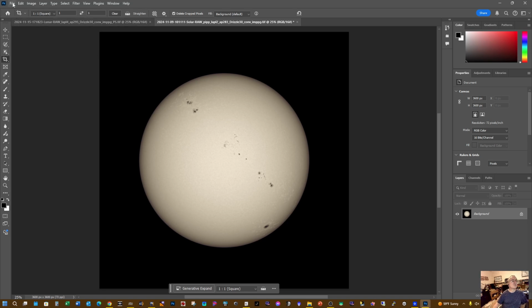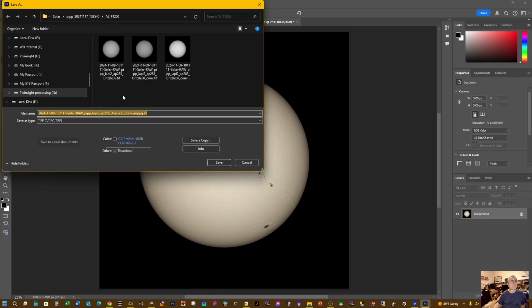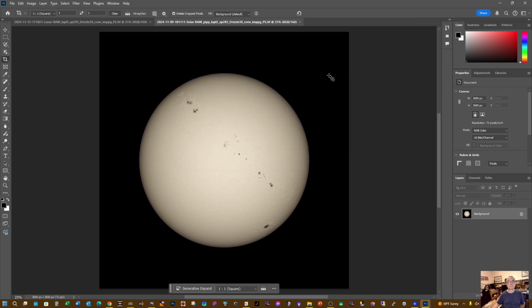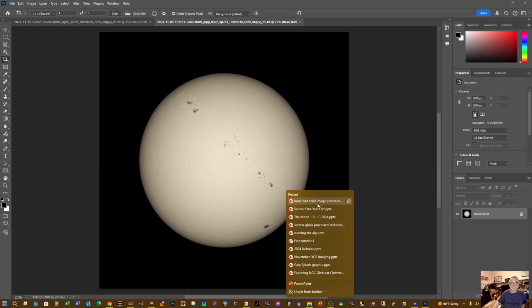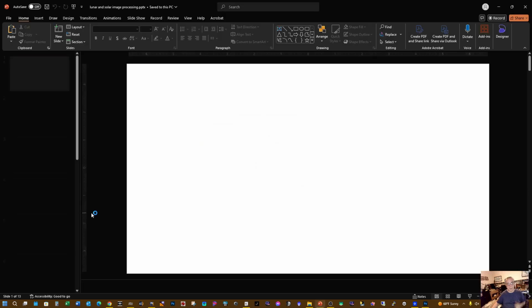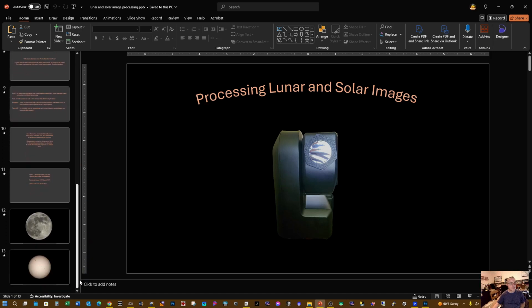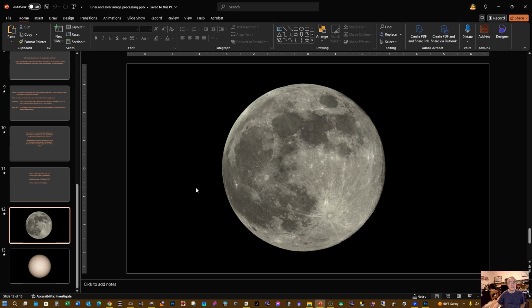So I'm going to save this, Photoshop, and save image pyramid. And one other thing that I will do is you can copy and paste into PowerPoint. And I'm going to open up the presentation where I saved the final images. So you can copy and paste it into PowerPoint,